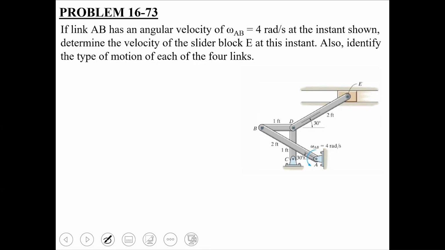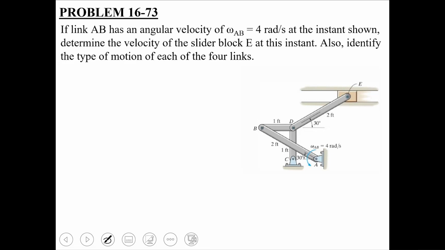So there are a total of 5 rigid bodies which you can see here moving. Now let us first of all identify those rigid bodies. 4 of them are going to be these rigid links AB, BD, CD and DE, whereas the 5th rigid body is going to be the piston, which is constrained to move within the horizontal slot as shown in the figure. So हमारे पास ये 5 rigid links आ गए हैं।